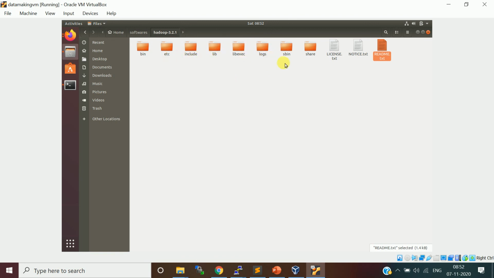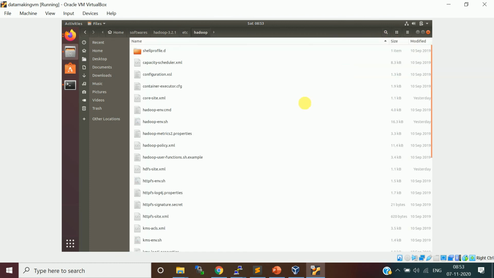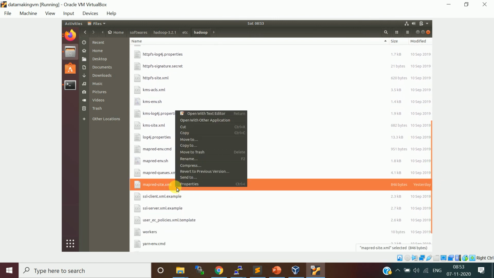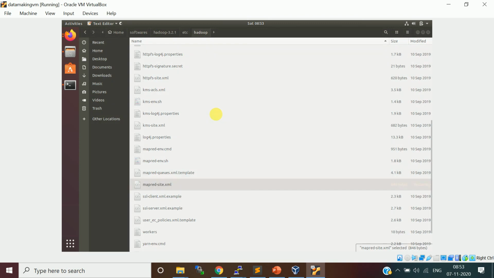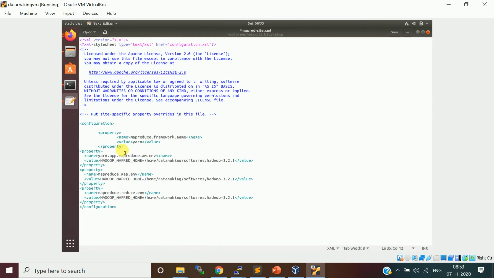I'm inside the Hadoop installation folder. Go to the etc directory and the Hadoop directory, and you find there is a mapred-site.xml. Just open this file in the text editor, and there is already only one property set. I'll just paste this and I'll save this.